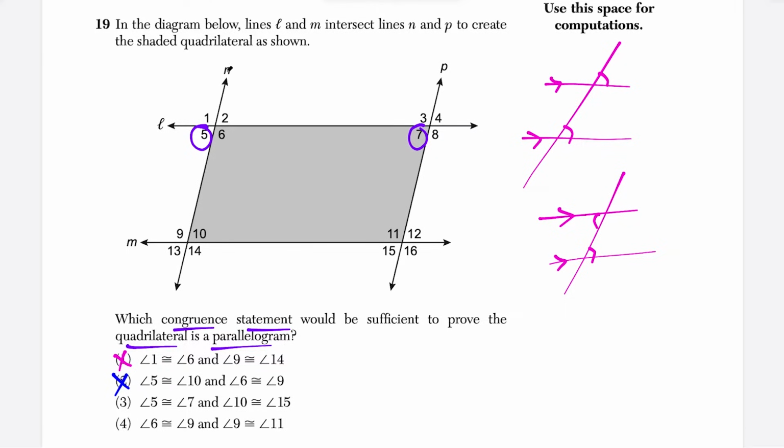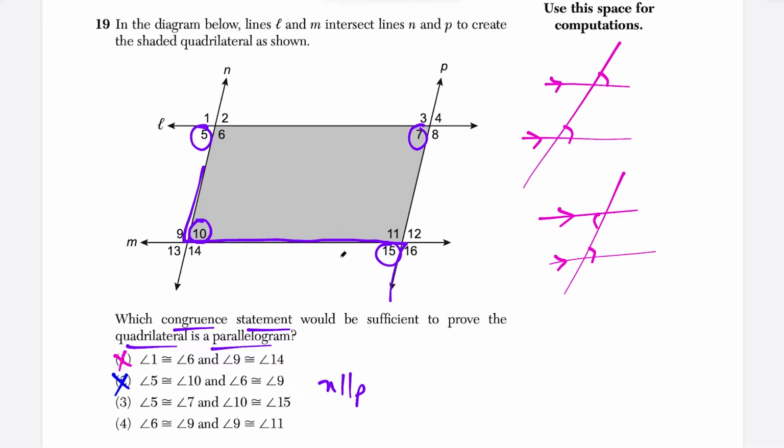So this is going to tell us here that N and P are parallel. So far we have N is parallel to P. And then next we have angle 10. So angle 10 is over here. And we have angle 15 are congruent. And notice that in this case, we have a pair of alternate interior angles. So the alternate interior angles formed here are parallel, but notice that these alternate interior angles use lines N and line P. So that's just saying the same thing once again, that we have line N is parallel to line